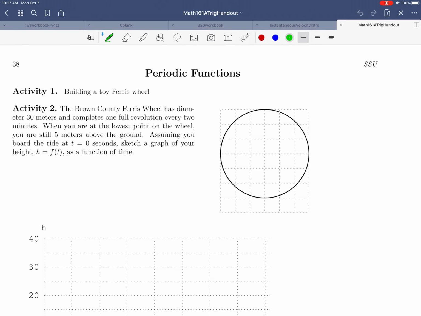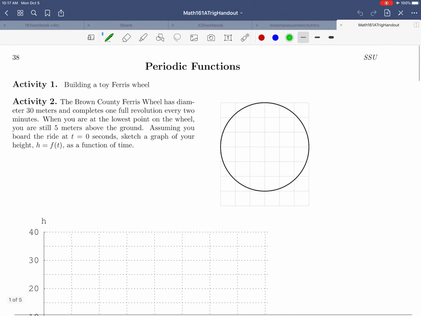In this video, we are going to imagine that we are riding a Ferris wheel. And we want to find out what our height above the ground is going to be as we are riding around this Ferris wheel. So imagine